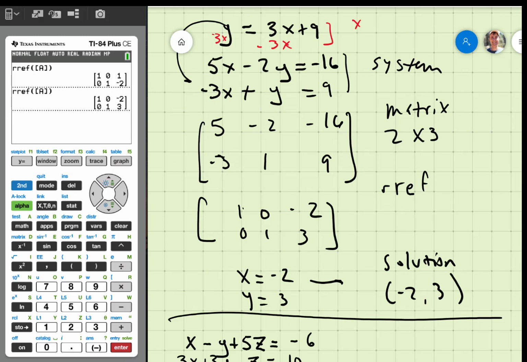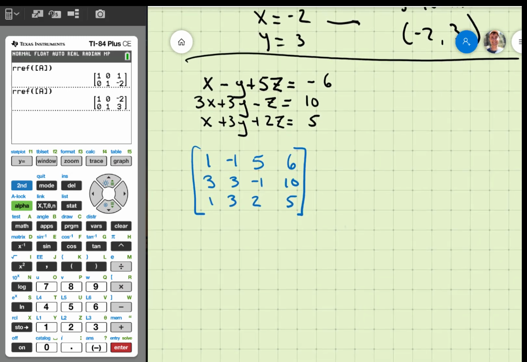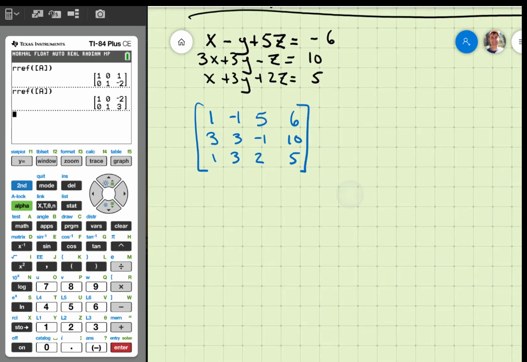All right, let's try another system here. This one is bigger. It's got 3 equations and 3 unknowns. We don't know what x is, and we don't know what y is, and we don't know what z is. This would be in a 3-dimensional graph if we were trying to graph these,